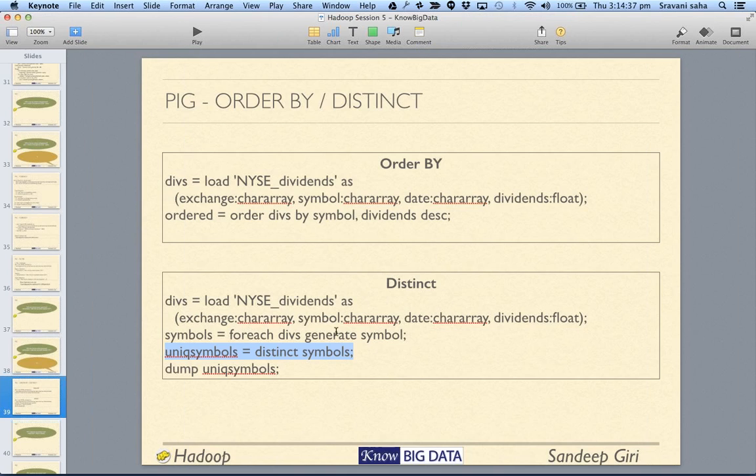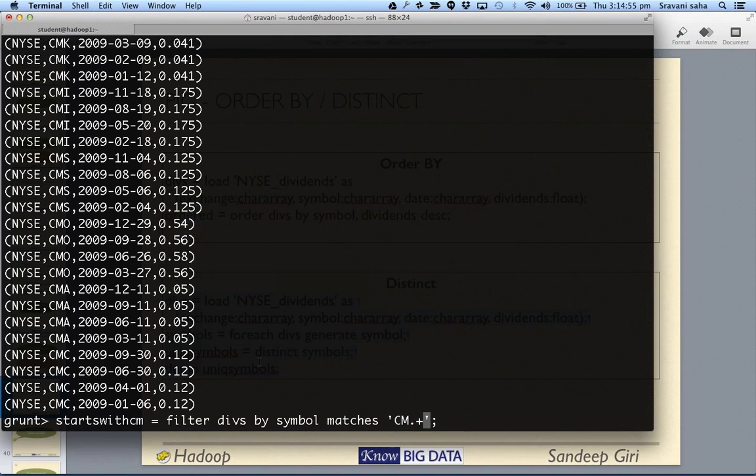So you generate your column and then you say distinct this. When we say distinct, all the values of the tuple are compared against others, and then the result is derived. So for example, if we want to find out what the various distinct symbols in our input are,